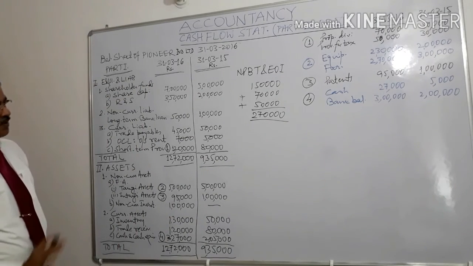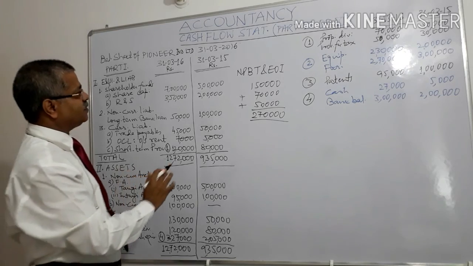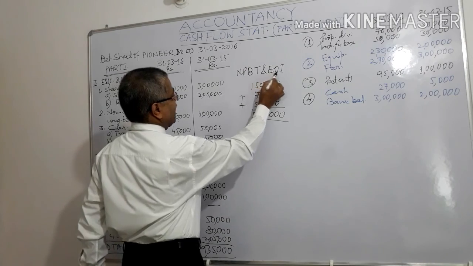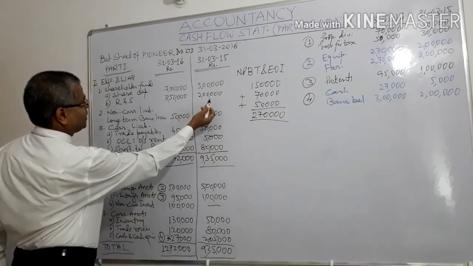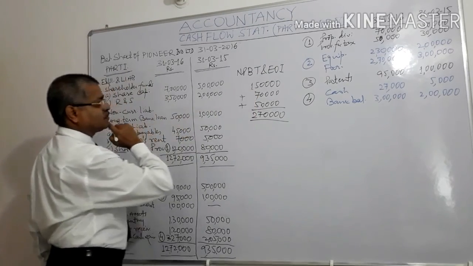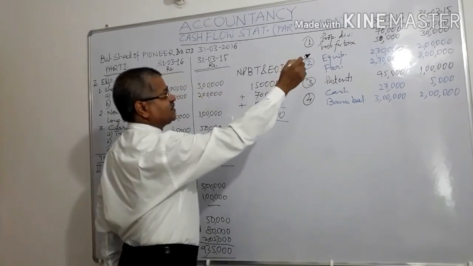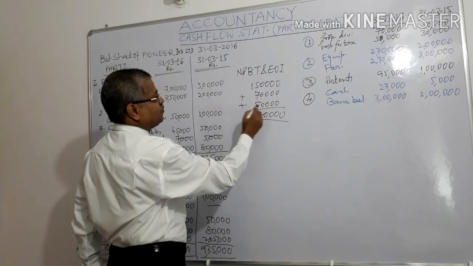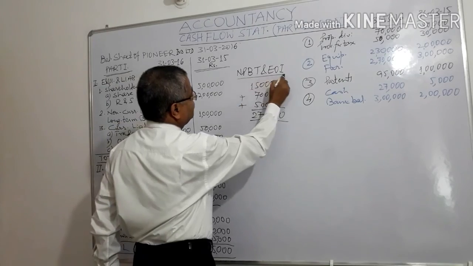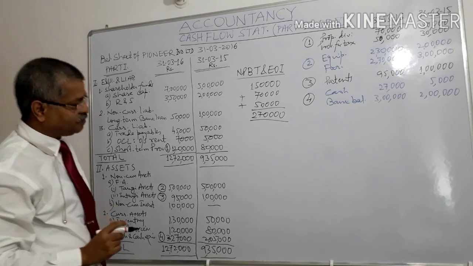270,000. So our starting point in this case, indirect method, is net profit before tax and extraordinary items. Reserves and surplus increased by 150,000. That is on account of profits, and two provisions have been made during 2015-16, 70,000 and 50,000. So that is added back so that we can arrive at net profit before tax and extraordinary items. So that is 270,000, right?